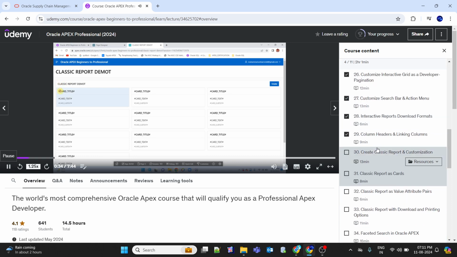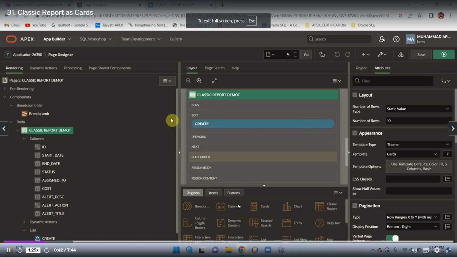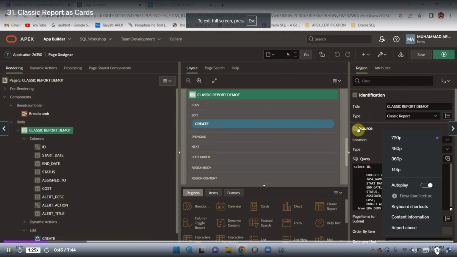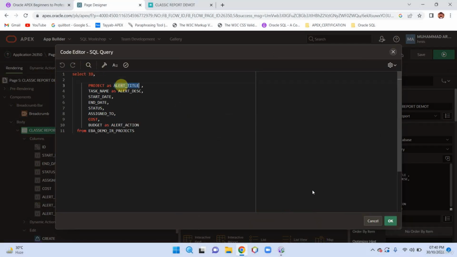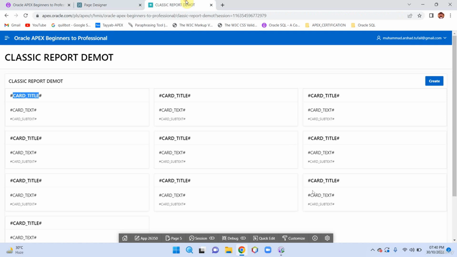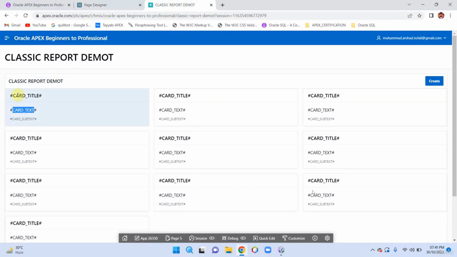For our classic report cards view, you need first of all card title. So move to your query region properties, and project now is our card title. Okay, and then we have card text. Task name we are taking as card text, and then we have card subtext,